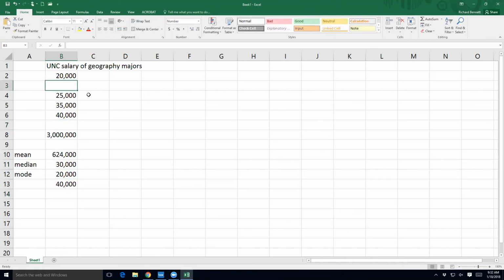Now, if I remove that 40,000 and that 20,000, what is the mode now? There is no mode. There is no most common salary. So at this point, you would say there's no mode. Okay, so just remember, you can have no mode, you can have one mode, you can have 2 modes. So those are your 3 quote unquote measures of average,